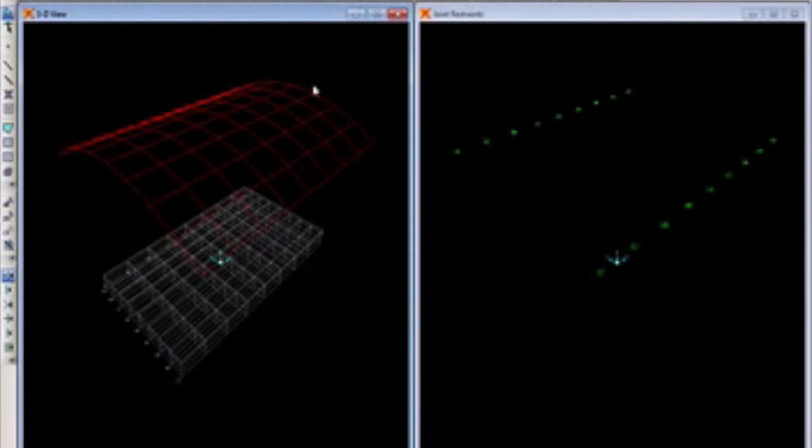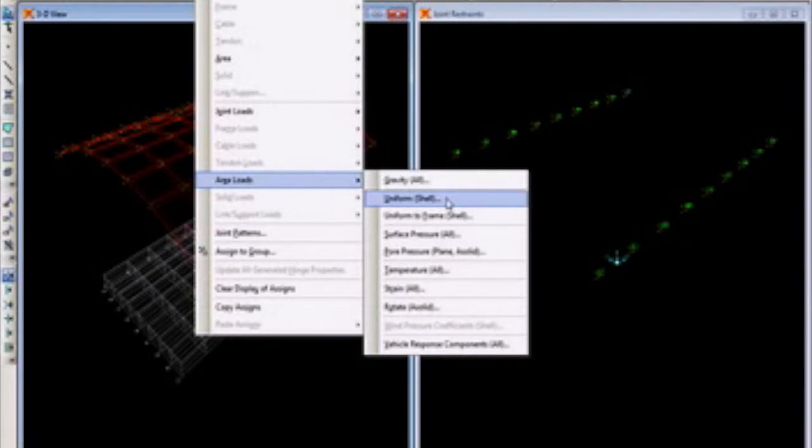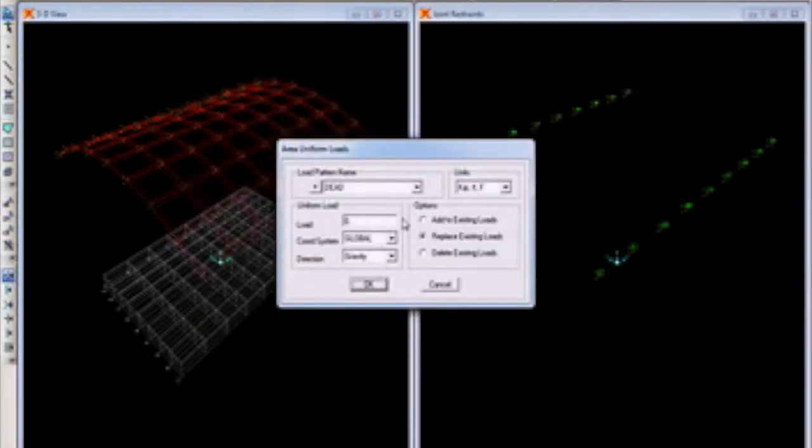So now this area has been selected, and now I want to apply a load to this member. So what I'll try to do is select the entire frame by dragging over the entire thing, and now I'll go to the Assign menu, Area Loads, and go for Uniform to Frame Shell. In Uniform Shell you can give it as a live load, and a load of 0.3. Let me check it. Yeah, it is 0.3, and you can just say gravity load, and everything is as it is, just say okay.